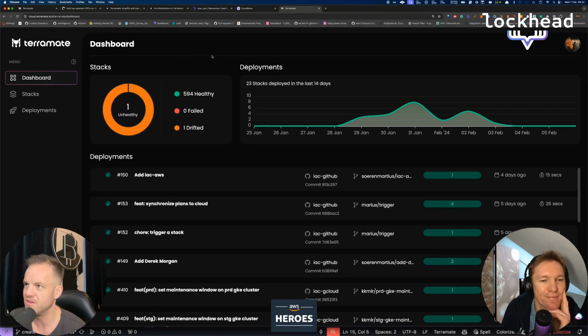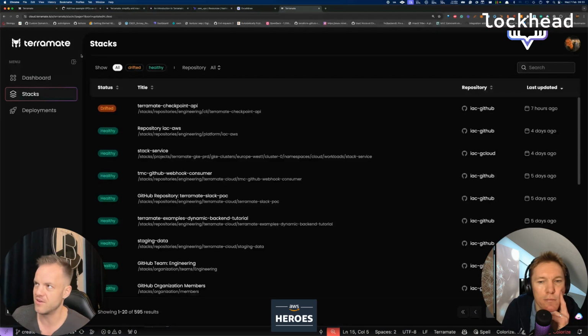What you can see here gives me an overview of all my stacks. At the moment, this is an example cloud of ours, we have 594 healthy stacks in here, 0 that have failed, where failed would mean the deployment failed for whatever reason, an error occurred, and 1 drifted, right? I can also look at the stacks here, and you can, for example, see